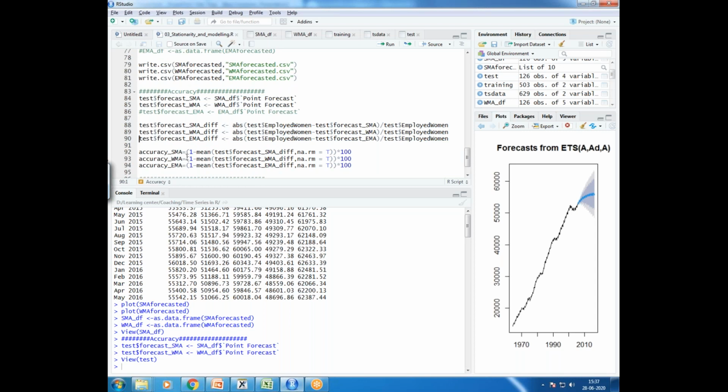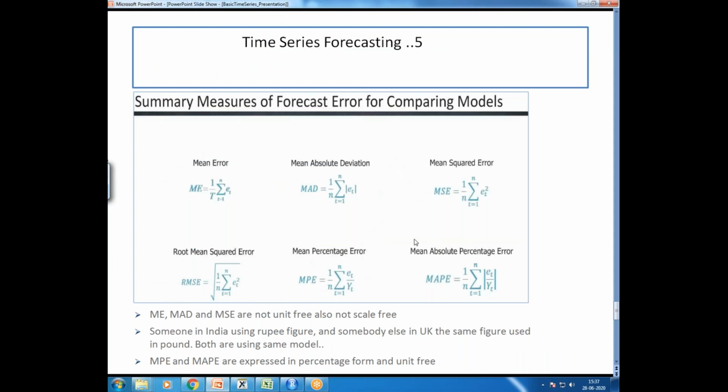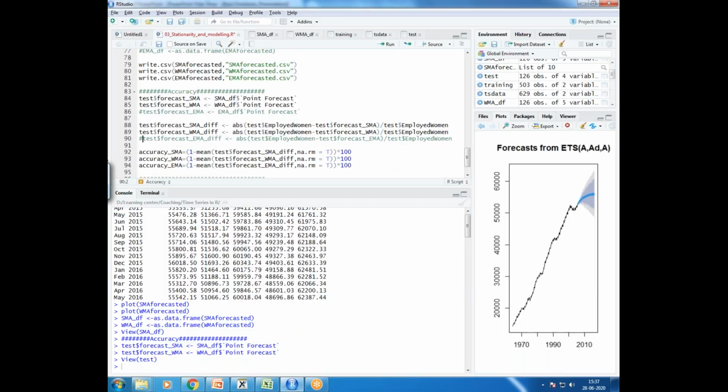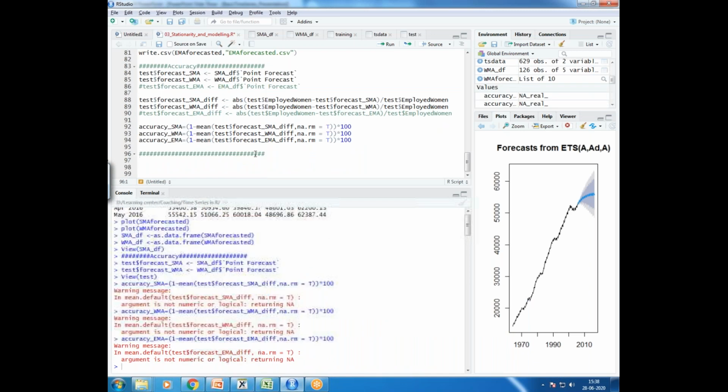Mean absolute percentage error means this one, the formula for mean absolute percentage error. After that, we are calculating the accuracy. Okay. This is the mean absolute percentage error. Now the accuracy of SMA is